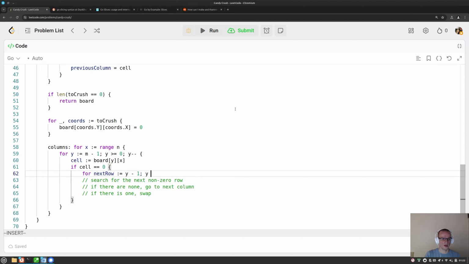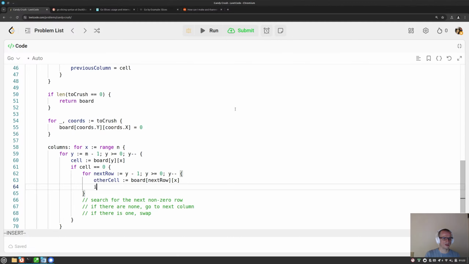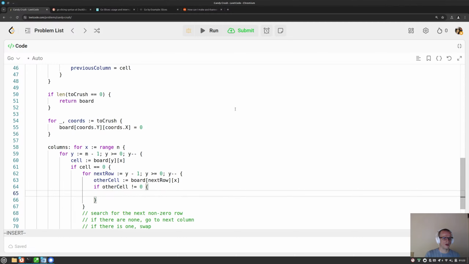So y is greater or equal to 0, y minus minus. Other cell equals board next row at x. If other cell is not 0, then